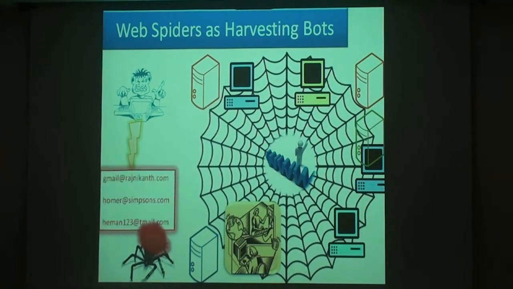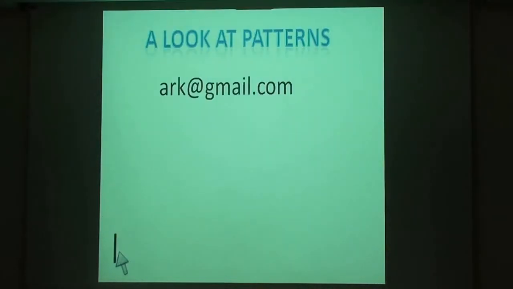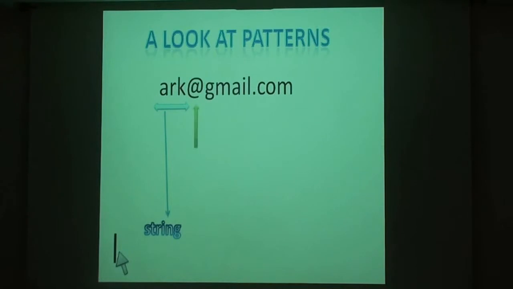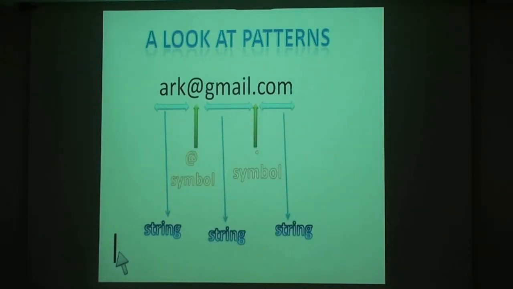So this is the schematic. So you can see that the attacker successfully obtains a list of email addresses. Now this happens on the basis of pattern matching. For example, an email address usually comprises a common pattern, such as a string followed by an @ symbol, then another string, then a period sign, then another string, and the entire email address is prepended and appended with white spaces. So using an automated program that searches for this pattern, on the basis of text processing, an automated tool can mine email addresses, recognize them from a paragraph and extract them.